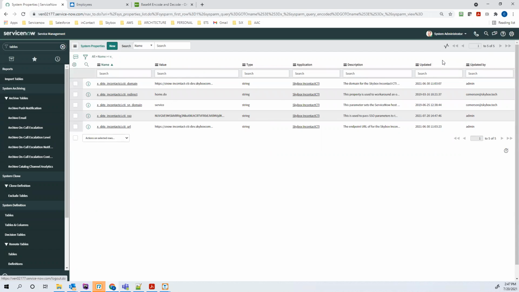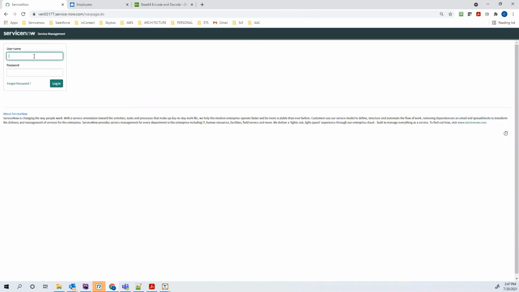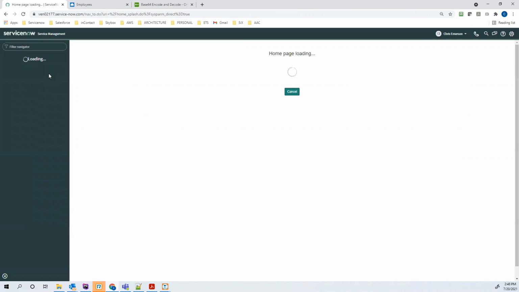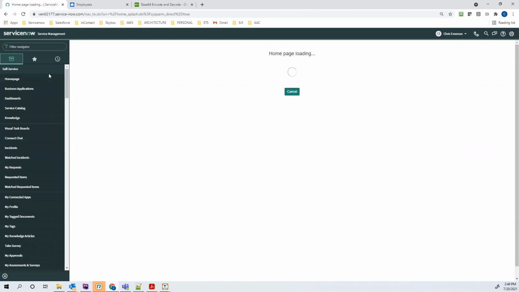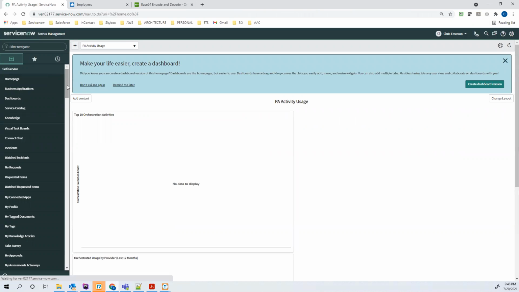Now I'm going to log out of my admin, and I'm going to log in as a user that has the same username as in our contact center. It's going to use the username and match it to the same username in InContact, and it's going to use the access key that we created to actually do the authentication. So now that we have the SSO parameter set,